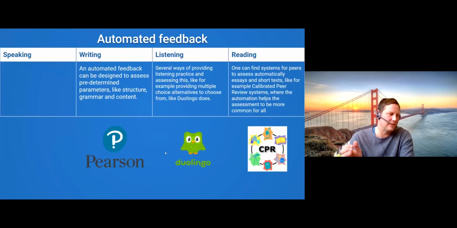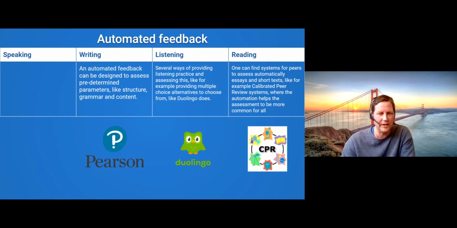Pearson has an automated feedback. What was it called? It's written in the column, which is one of the older, or at least one of the most sustainable, which has a lot of data inside, making it quite accurate and precise. But you can also find it in different tools, like for example Duolingo, the app where you practice